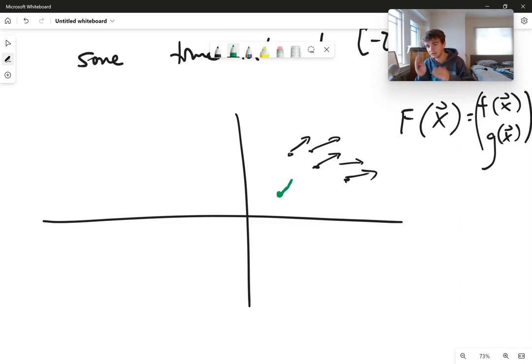So since the slope is changing continuously, there's always going to be some smooth way that the particle flows through this system, rather than if the direction vectors were to quickly change in a jagged fashion, then we may not have this unique solution from the initial condition. And so that's why we need to require that this capital F of x is continuously differentiable